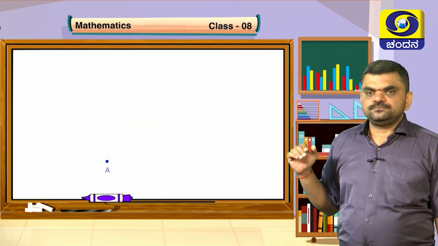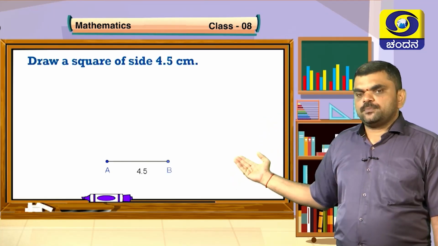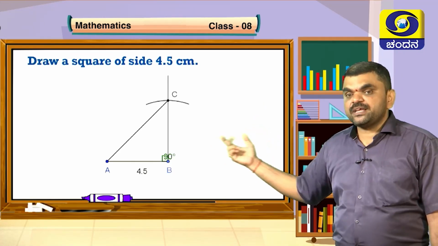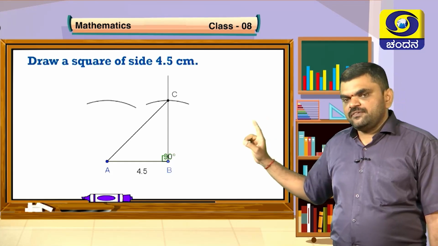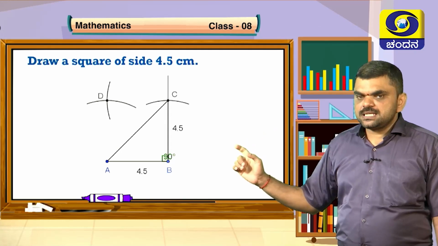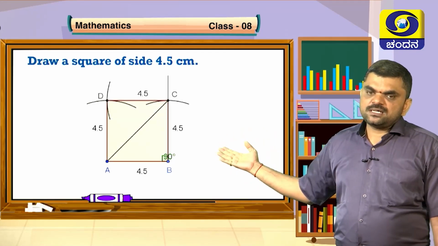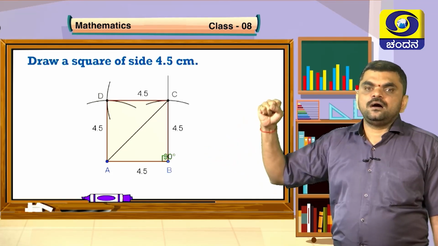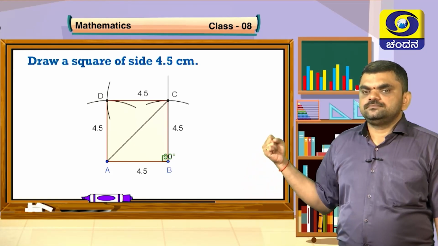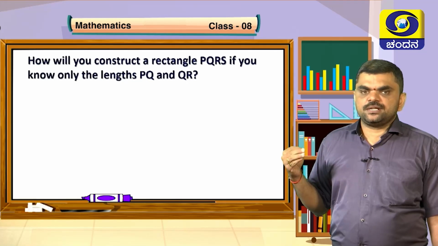So now draw a square of 4.5 centimeter. Observe here, 4.5 centimeter. I will mark 90 degree and I will cut. This is another method that I am doing. I will mark that C point. With the C point and the A point I am marking, and it is even possible for us to draw a diagonal here, children. So this is how we have to do the construction, children.